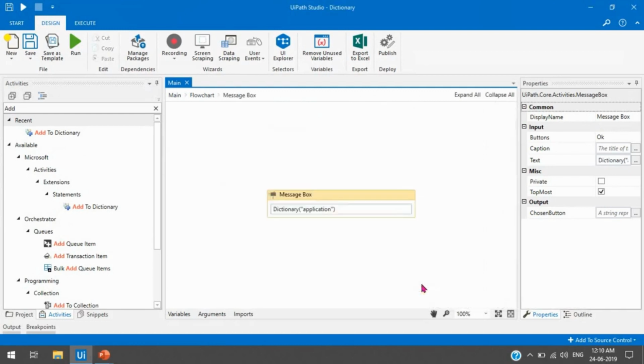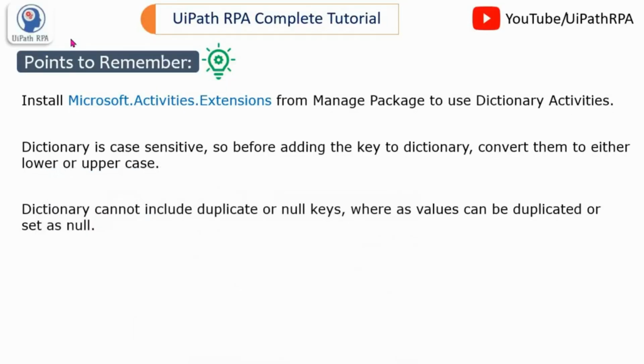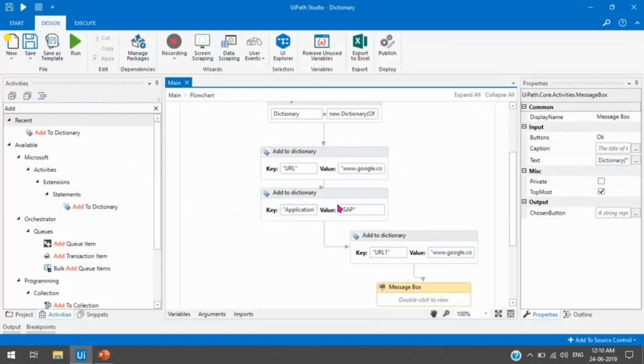This was the error because we need to just change this, so let me write here URL1 and run this. So this has been added. Now we are getting google.com because we have added this key and value to the dictionary.